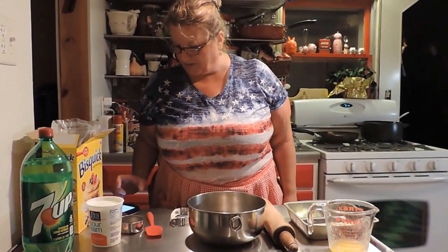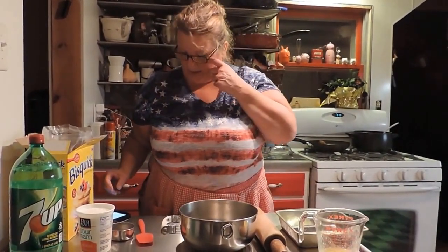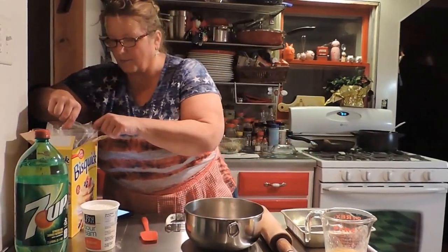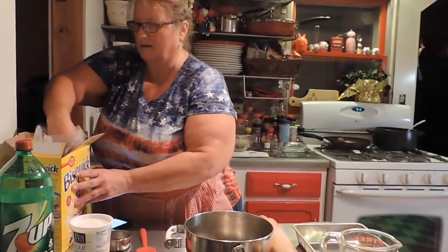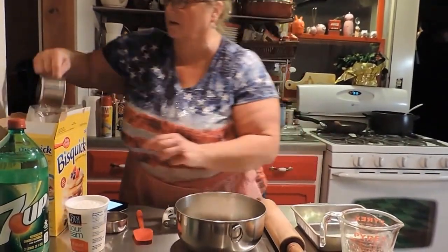I am so bad with it. This recipe makes a 9 by 9 square pan, so if you double it, it'll make you a 9 by 13. So we're going to double it. The recipe is going to be 4 cups of Bisquick. 1,